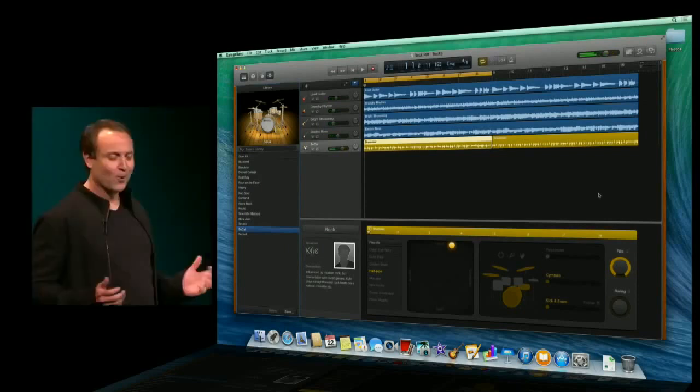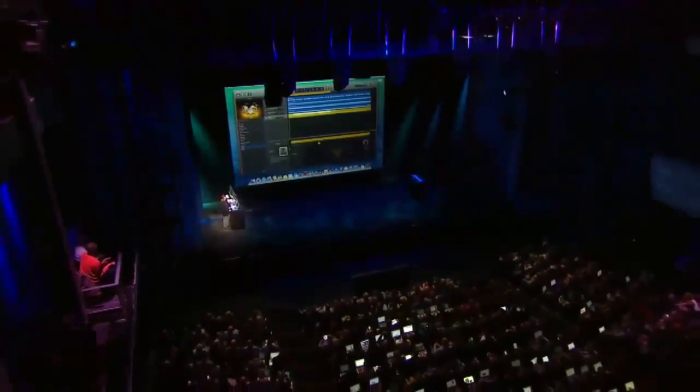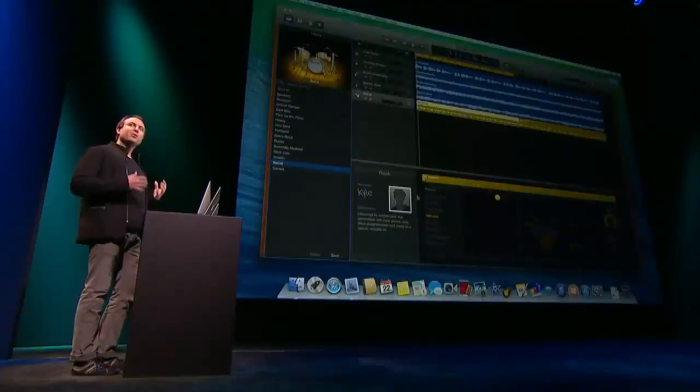Okay, that's more rock and roll. Sounds way better. All right. So you probably noticed it sounds incredibly realistic because Drummer is powered by performances of some of the best session players in the world. So these are the same musicians that play with artists like Eric Clapton, Paul McCartney, and